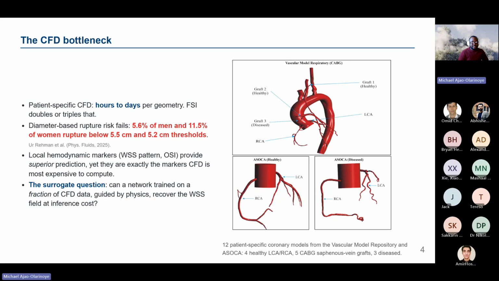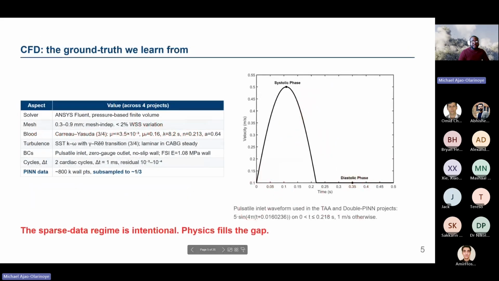Now, this is provided via the CFD prediction. And the question is, can we, like I said, train a neural network on a fraction of this data to be able to recover the wall shear stress at inference, to see how well the neural network models can do? Some of the models that we got were done in steady state, so you have to generate them in a CFD solver, and this produces some of the results we got to a steady state, and some were transient state.